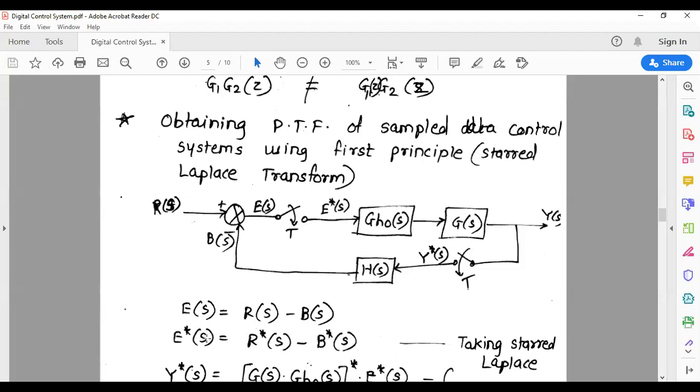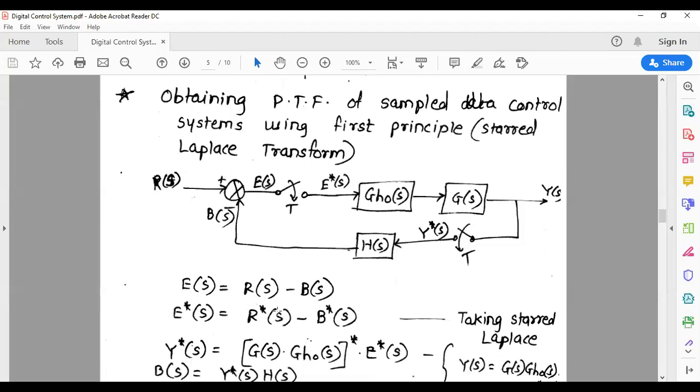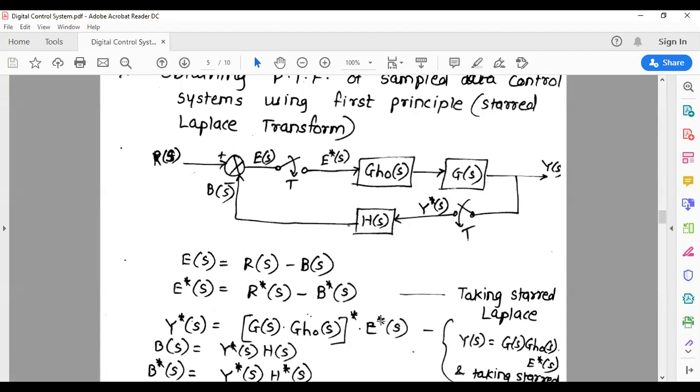Do remember our ultimatum is finding Y by R. So how did we do it in class? If I have to find Y by R, my ultimatum is finding one equation where I can have Y on my left hand and R on my right hand. Do you remember we used to do this in our class? Now what is the equation that I have? E, R and B. So I do not need E nor do I need B. I need to put both of them in terms of R and Y, so that I'll finally have an equation with all terms of R and all terms of Y. This is exactly what we have been doing in our class.